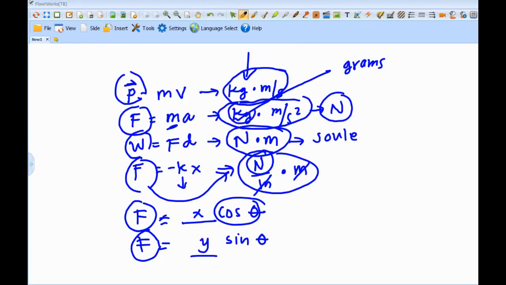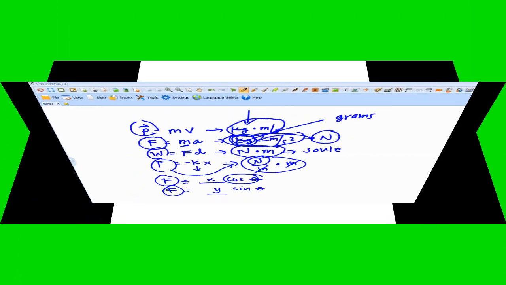So I need to use a conversion table first to get the correct unit. That's why physics and math are related. If you hate math, you will be hating physics too. Sir, can you give us like